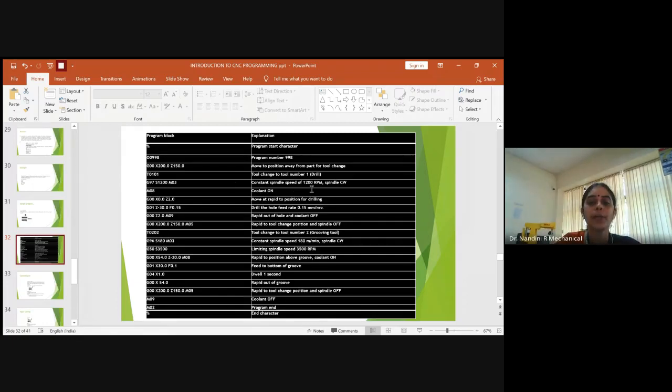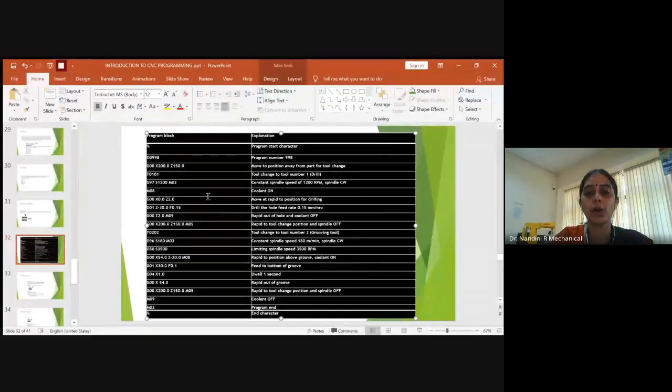To set the spindle speed, you need to make G97 enabled. Then only can you set whether you need the rotation of the spindle either clockwise or anti-clockwise. In this case, we have selected G97, meaning you need the rotation of the spindle in the clockwise direction. So these are the basic steps. The percentage is also a basic step, and providing the sequential number, the N block, is also the same.